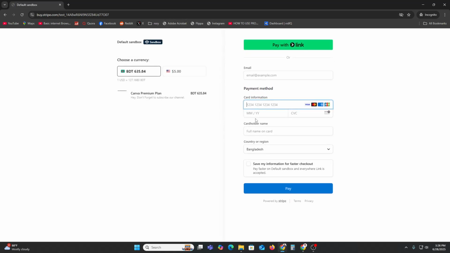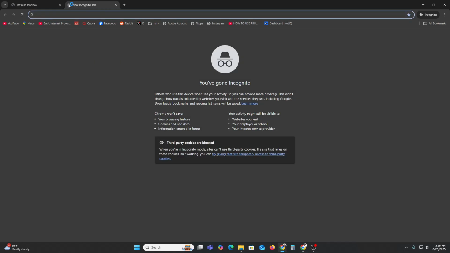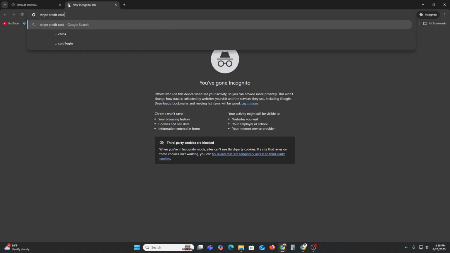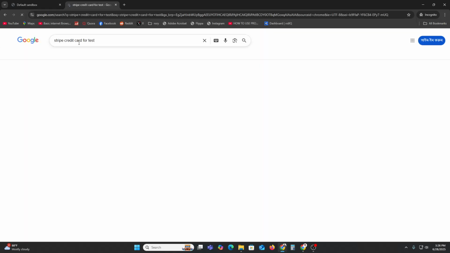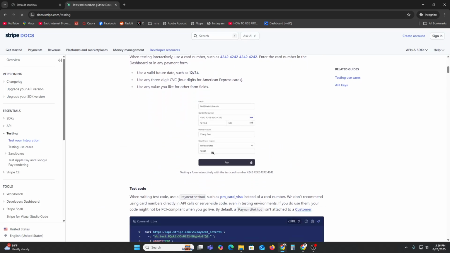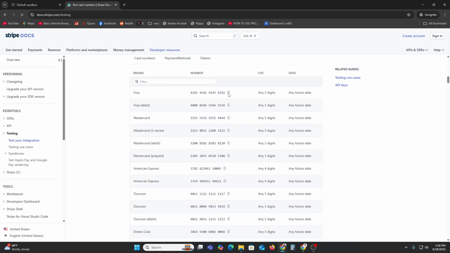So they are telling us to provide this card information, email and region. So let's go and try to get a dummy Mastercard. So search Stripe credit card for test. You just need to search this one. Once you search it, here you will get a couple of things like test card number. So you just need to copy this card number from that place. So let's copy this one,